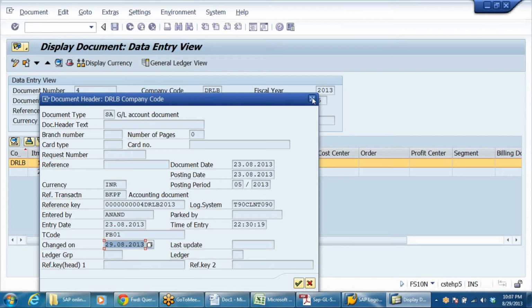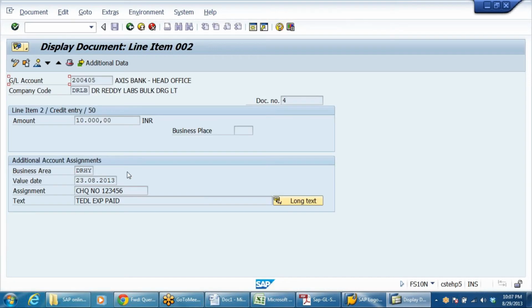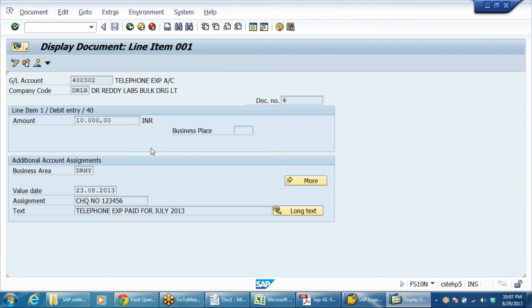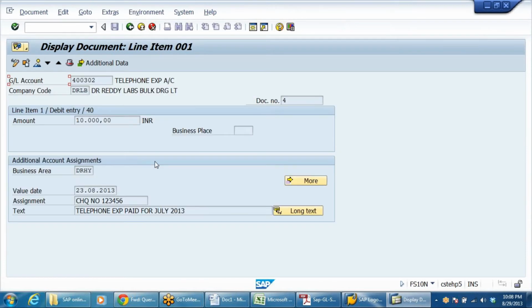And now of course changes are made. Right, you see in the bank line item we have not changed, we have changed only one line item. And if you see here, telephone expenses, here we have changed only one line item. We have not changed the other line items, only one line item we have changed, that's why it is shown. And now I understand where we have seen it earlier.